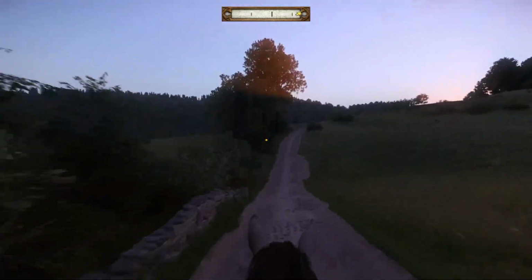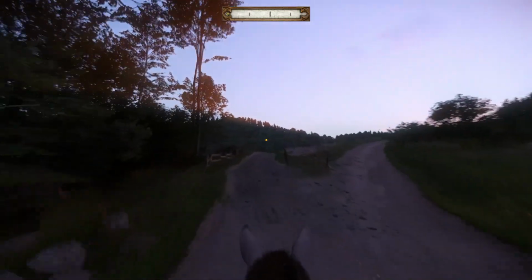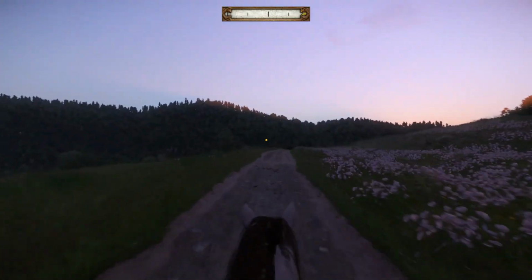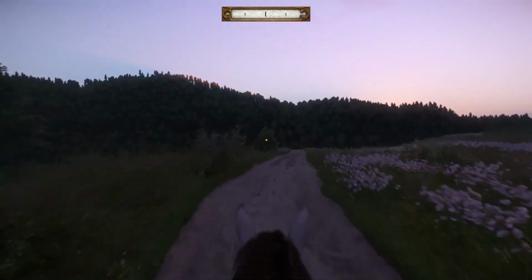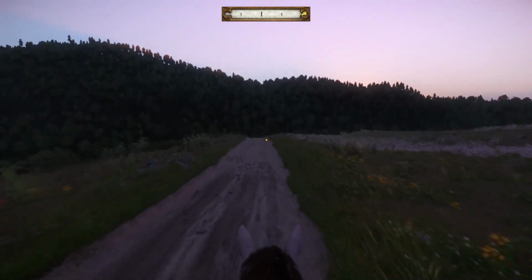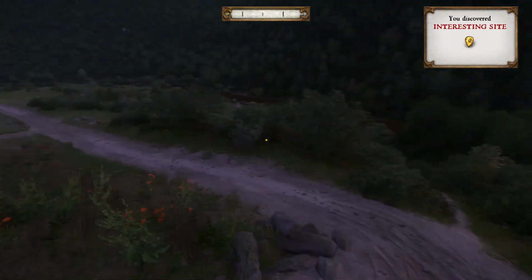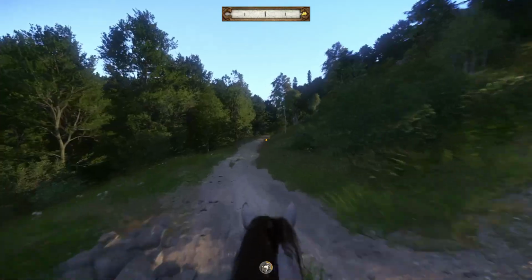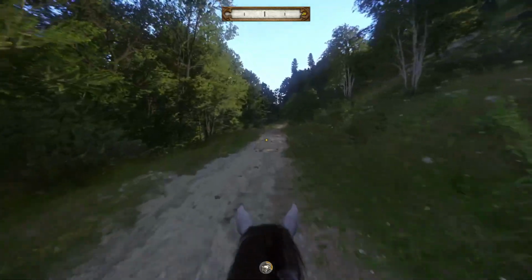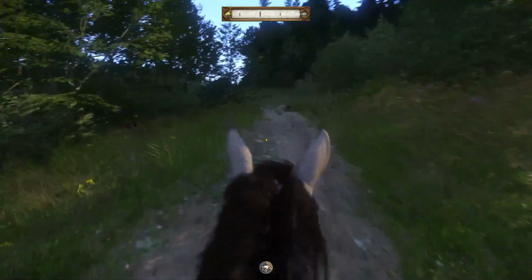So we just continue to go along here. And then at this fork, we stick left. Continue going straight. Hope there's no bandits on the road. Okay, so we can go straight ahead through here, which will take us onto the main road down here. Then we turn right. Okay, so we keep going across here. And we should see a log. Once we get to this log here,